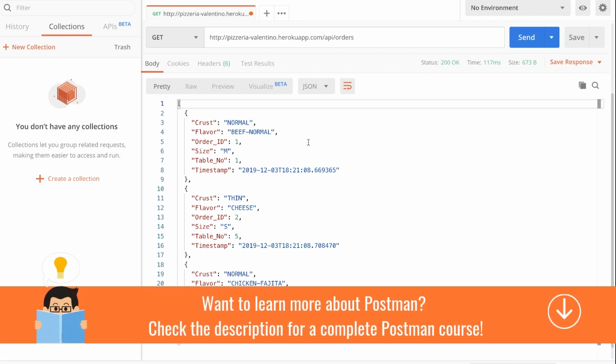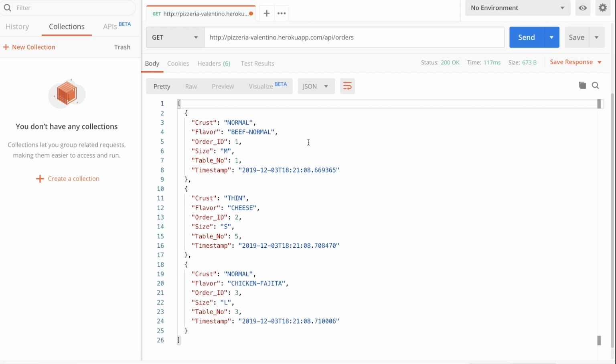Now we're using Postman just to interact with the API to understand how the API works. If we want to build applications on top of it, we'll have to learn a programming language and maybe create an Android app or an iOS app, or build a website or anything else that consumes this data. But Postman is perfect for just playing around and understanding what kind of data is available, how the requests